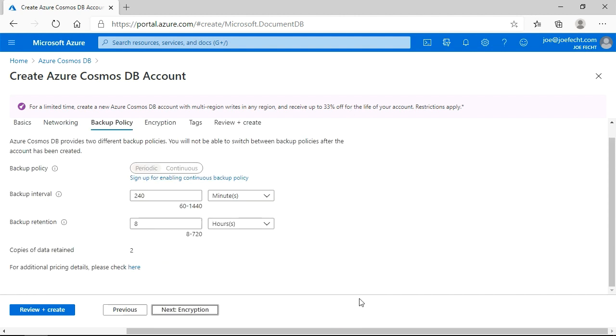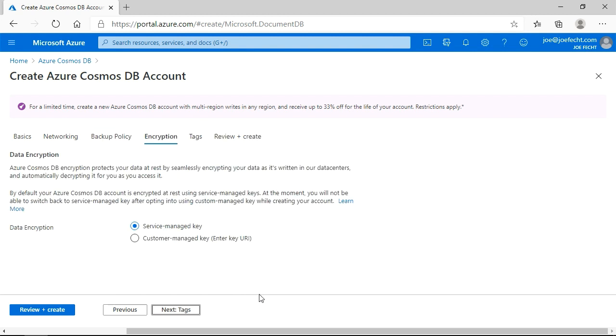You can see here we've got our backup policy. So we're going to back up every 4 hours. I'm going to retain that backup for 8 hours. So let's go ahead and move on to next to encryption, and then here we have the option of basically